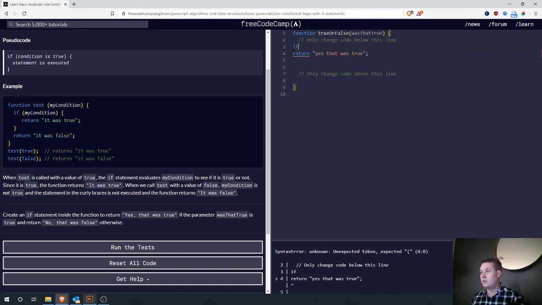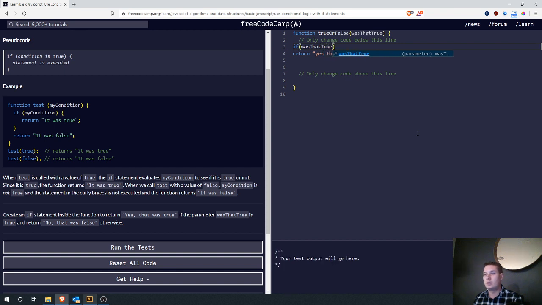If, what's it asking us? I need to read these questions better. If statement inside the function to return if was that true is true. If was that true equals true, then return yes, that was true. Otherwise, outside of the function,